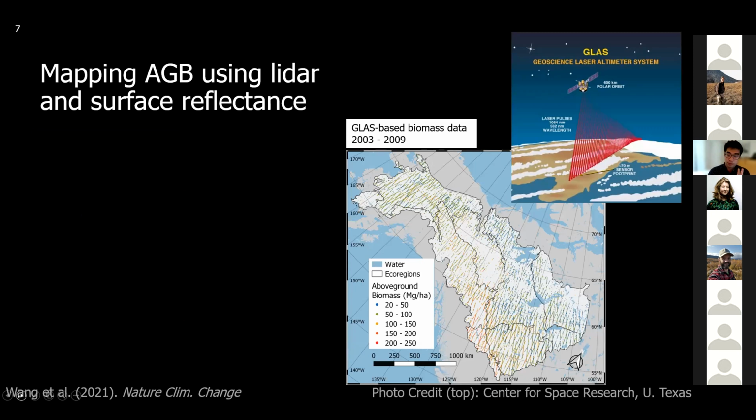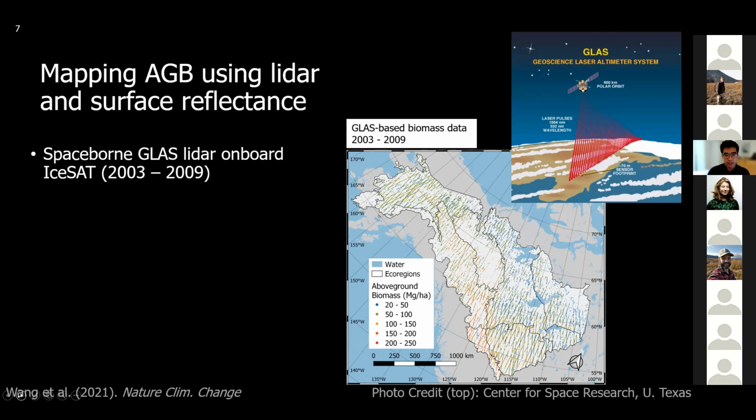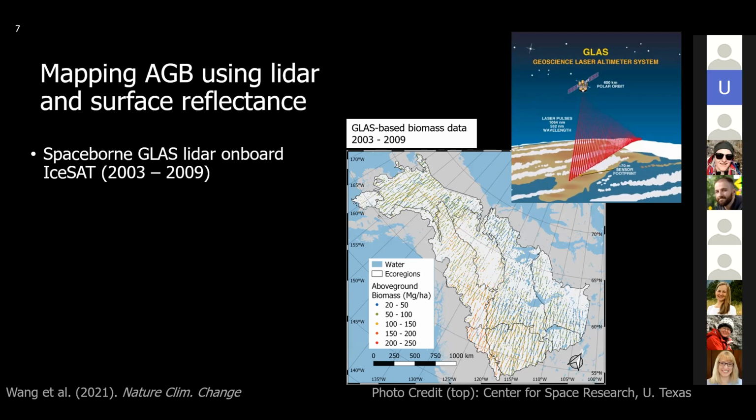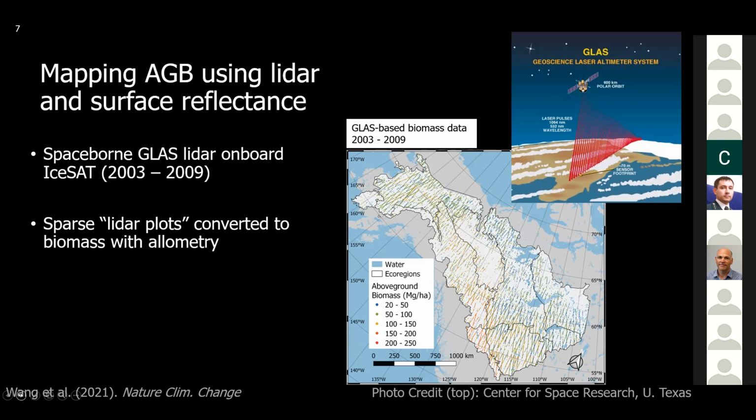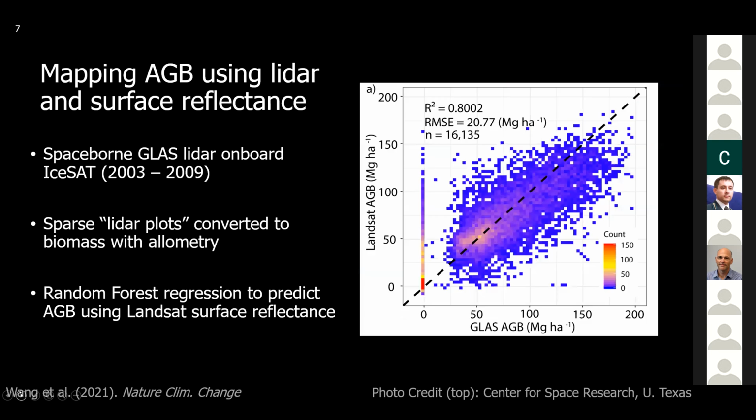Just a quick note on above ground biomass and LiDAR. You might not be familiar, we're using GLAS, flown on ICESat from 2003 through 2009. I'm showing here on the bottom panel all the individual shots, right? So it's not mapping, it's a sampling satellite. And at each of these shots, we get these sort of LiDAR plots that give us biomass. And we try to extend that, or maybe extrapolate that through space and time using remote sensing from Landsat, as well as machine learning. And I won't sweat the details, but basically we get a pretty good fit, about 0.8 R squared, 20 megagrams per hectare RMSE.